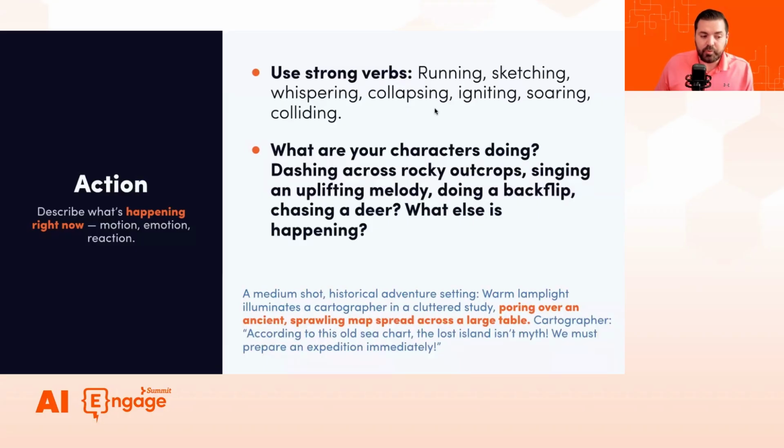Use strong verbs: running, sketching, soaring, whatever you want. Think about what your characters are doing: dashing across a rocky outcrop, singing an uplifting melody, doing a backflip, chasing a deer. Describe as many things as are happening in the scene.